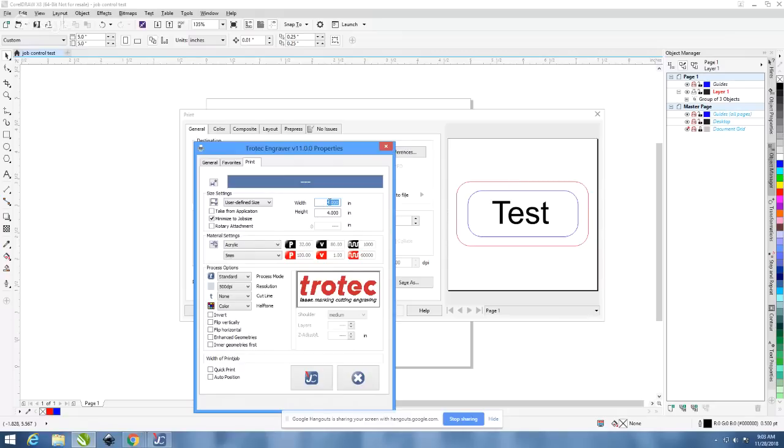If you're not too sure what type of material you're going to be using, maybe you're engraving something onto a product that you bought and you're customizing it, you can come here and click on minimize the job size. What that'll do is minimize the area that is going to be sent to the laser down to the smallest size possible, which will be our